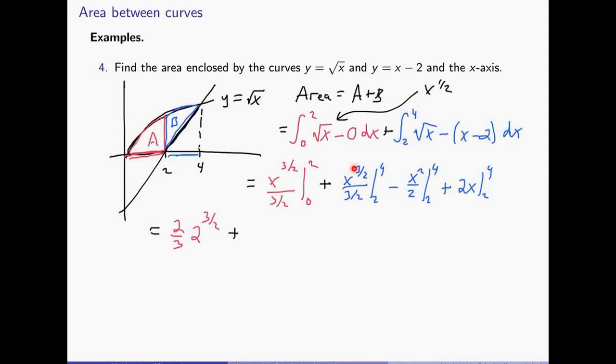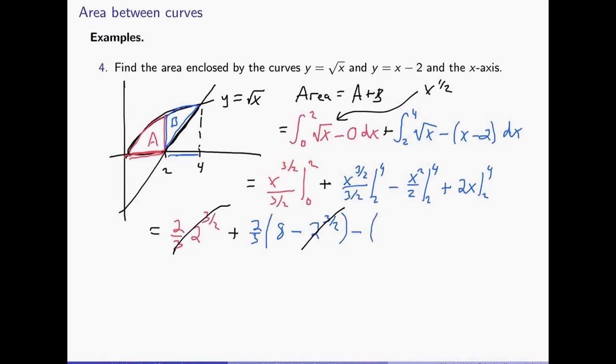Let's be careful here, let's put the 2/3 out front, and then that's going to be 8 minus 2 to the 3/2. Notice that this term is going to cancel with that term, so we can just get rid of them, and then minus,